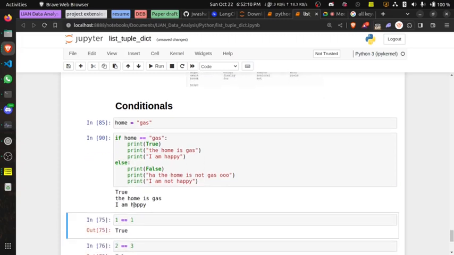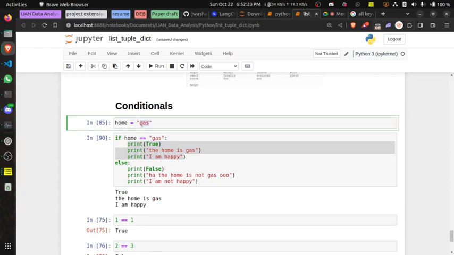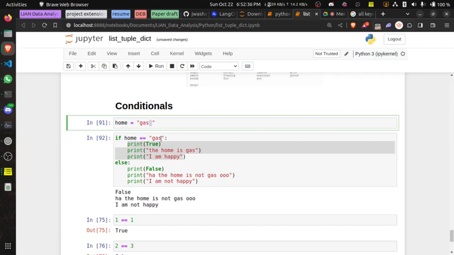Now if I run this, you see that what I'm getting here is this one that worked. That means truly home is gas. Home is equal to gas, and that's why you have this here. So if I change this slightly, let's say I make a mistake and even put a space at the end of this, it will not work because Python sees them as two different things. So this gas already has a space now. This one did not have a space.